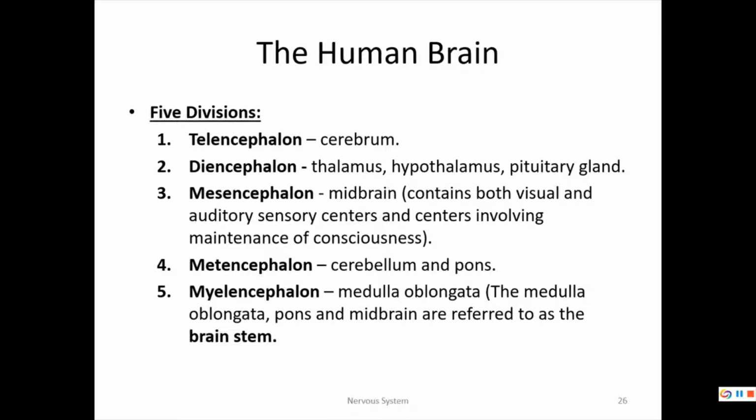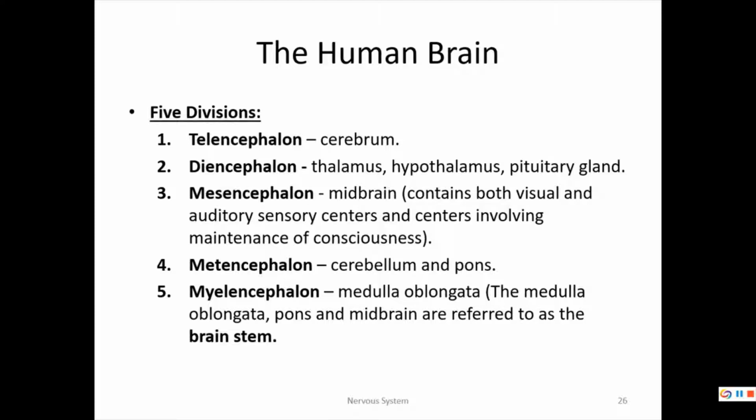Now, the metencephalon, where the cerebellum and the pons are located, becomes from this area. Think about the cerebellum is actually attached to the back of the pons, so they have met. Metencephalon, cerebellum and pons is what that becomes. The myencephalon will ultimately develop into the medulla oblongata. Think me, oh my, medulla oblongata. The medulla oblongata, which means middle and oblong shape, when you combine the medulla oblongata, pons, and midbrain, this creates